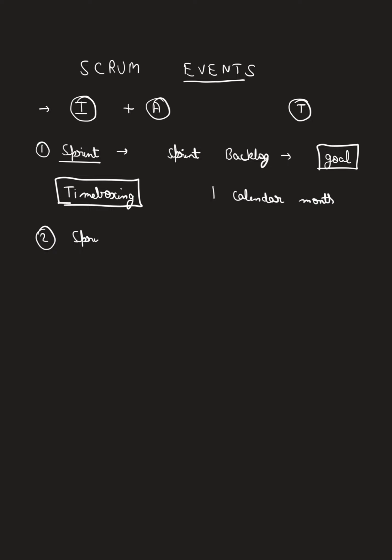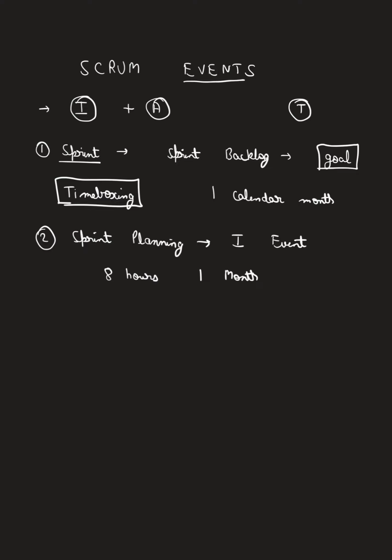The second event is sprint planning, where you do planning for your complete sprint. It is the first event of every sprint. You need to keep these things in mind. This is the event which initiates your sprint. Again, what is the time boxing for sprint planning? It is 8 hours for a 1 month sprint, but it is usually shorter for other sprints. Again, check my words: 8 hours for a 1 month sprint, but it could be less for smaller sprints.